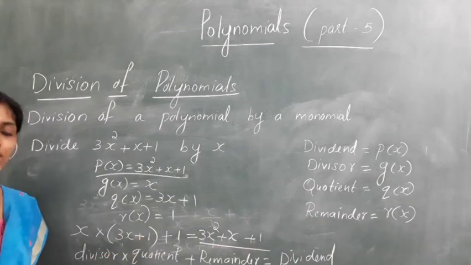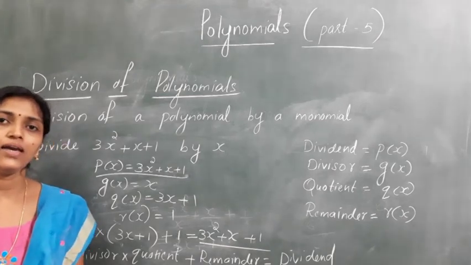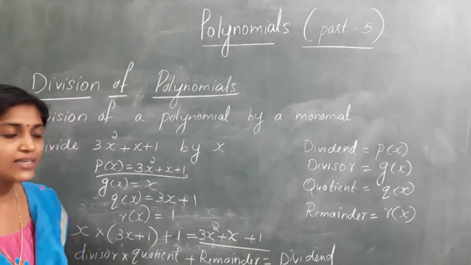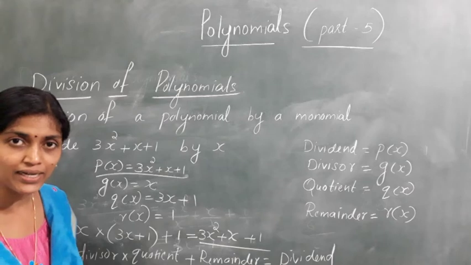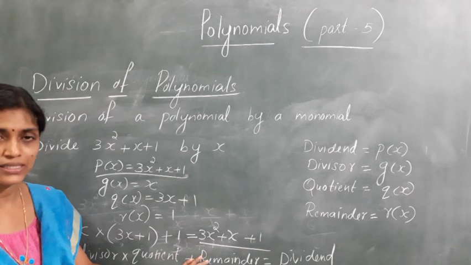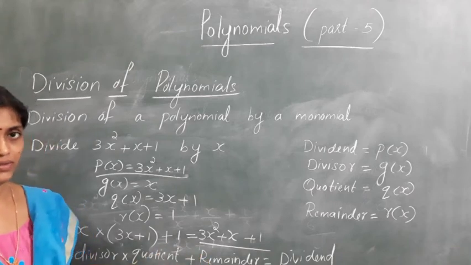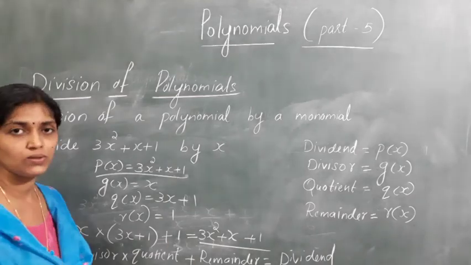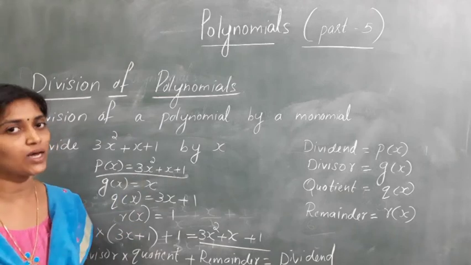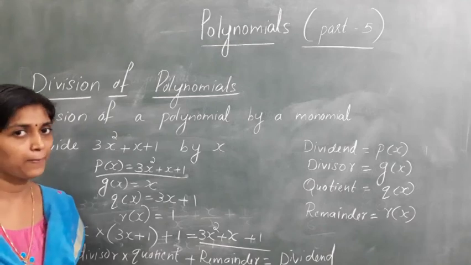So we have seen two cases. One is where the division is taking place completely. There you can call the divisor a factor of the dividend. And the second case we have seen is where we are getting a nonzero remainder. There we have seen how we take the remainder: we are not able to divide that, so we take it as the remainder. And we have seen our division rule. I think it is clear. Division of a polynomial by a monomial, we are not going through the usual process of division. We can do it directly.